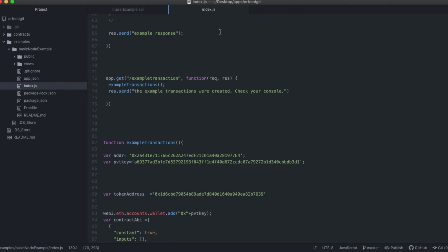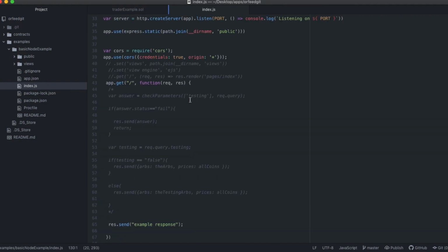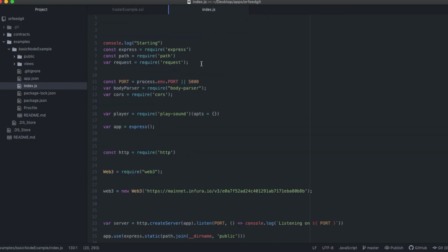So in here we have a Node.js application, and I'll talk about the basics of what it does. index.js is usually your Node.js main file, right?